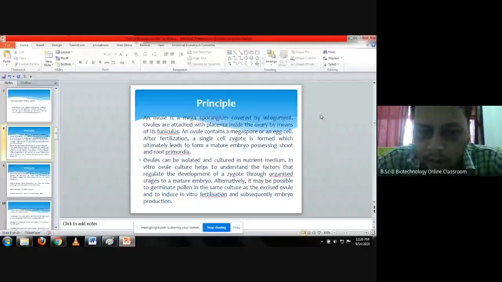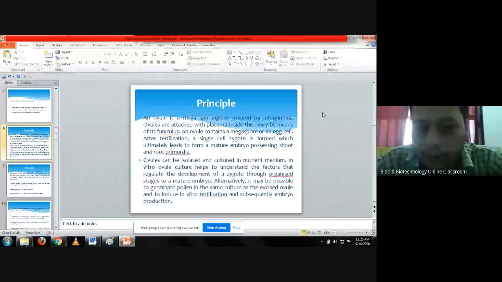Now the principle behind this is that the ovule is a megaspore with integument. Ovules are attached to the placenta inside the ovary by means of funicles, and the ovule contains a megaspore or egg cell. This egg cell, after fertilization, forms a zygote, which ultimately leads to the formation of a mature embryo possessing shoot and